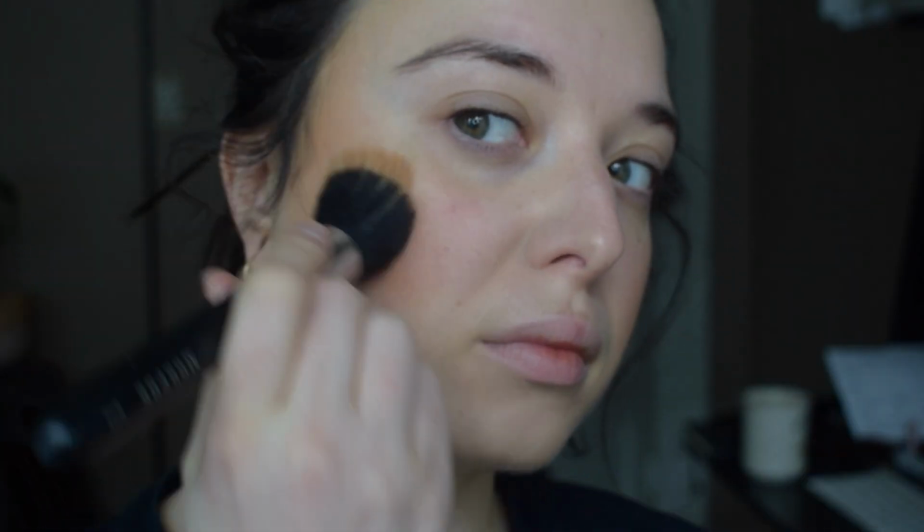Is it my favorite color? No, but I'm here to attest to the formula. If I were to repurchase this again, it would be in a different shade. What shade? I don't know. I haven't really looked into it because I have so many other bronzers. I don't really need to research what perfect Nudestix color I need. Anyways, so the shade Bondi Bay, it really is...